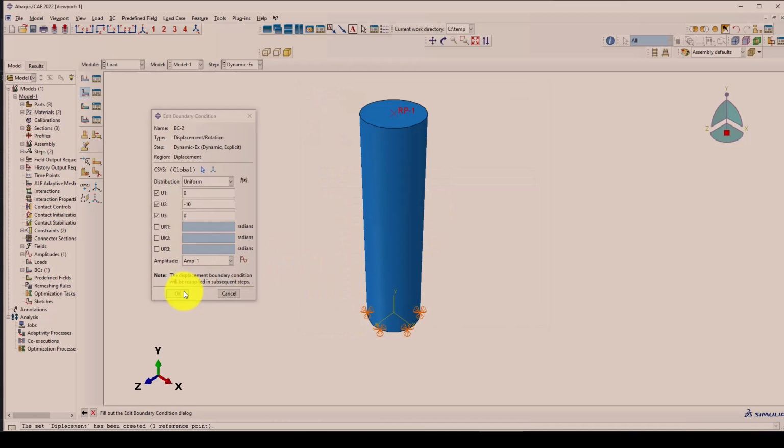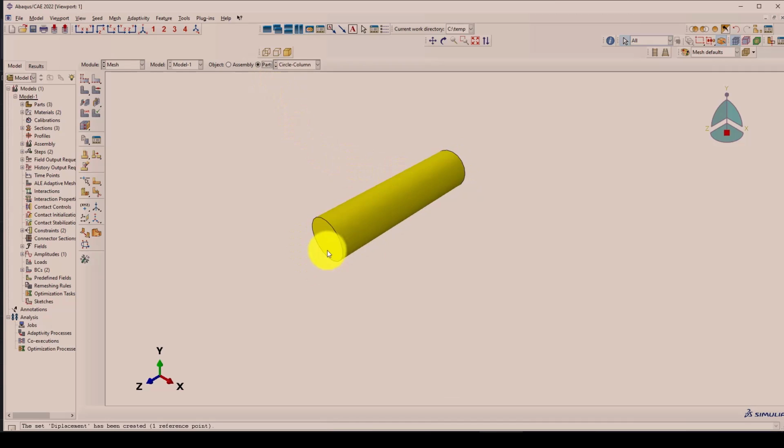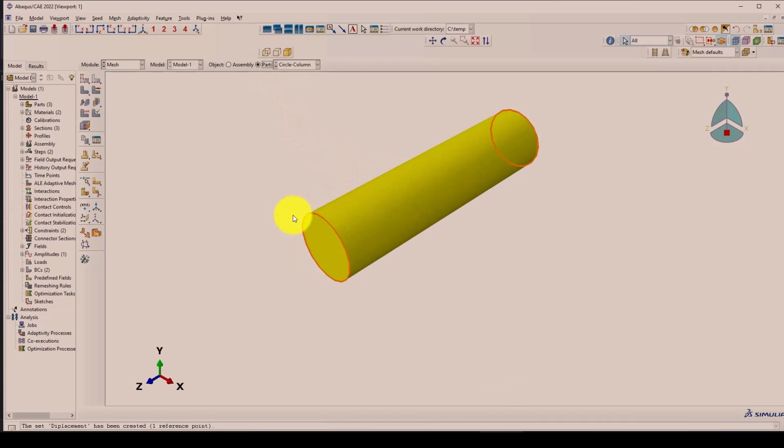We're going to apply this one, and now we apply the load. Now we can go to the meshing, and we want to create a mesh. Here is the mesh. We can change this mesh by creating some